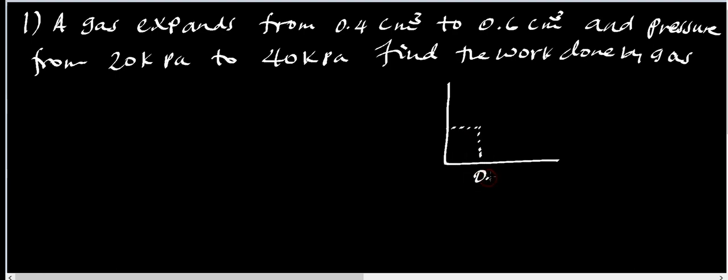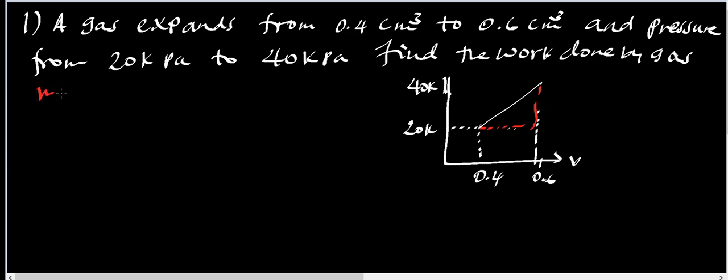this is 0.4 ቮሊዩሙ ማለት ኦኬ this is 0.6 this is V P is 20k to 40k ፓስካል ነው ኬ ፓስካል። ስለዚህ ይህን ይመስላል ማለት ነው ግራፉ። ኦኬ ግራፉ ይህን ይመስላል። so what is the work done? Work done is area under pressure and volume። ስለዚህ በሁለት ሜትር ተጠቅመን ይህንን ማግኘት። let me show you method 1